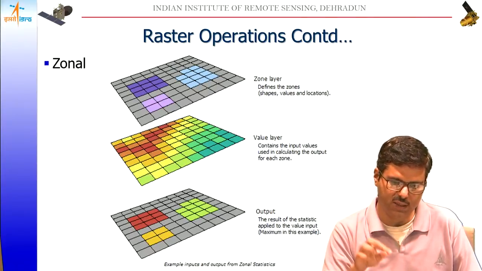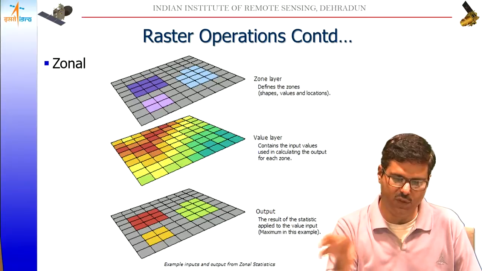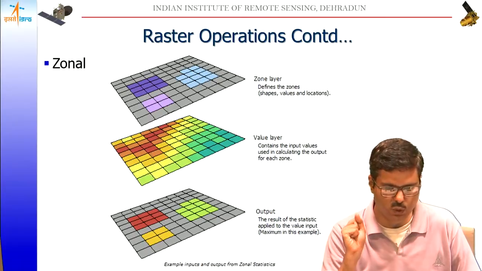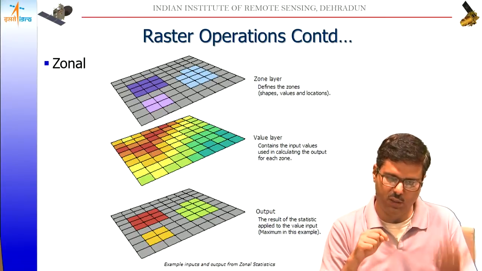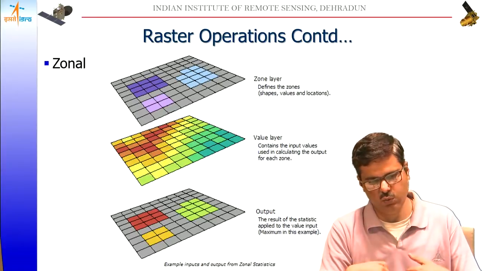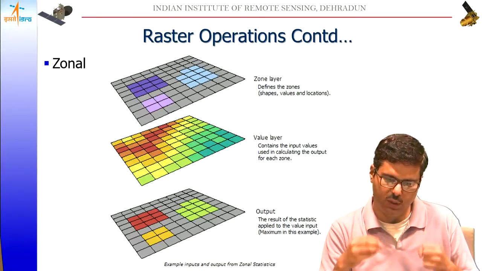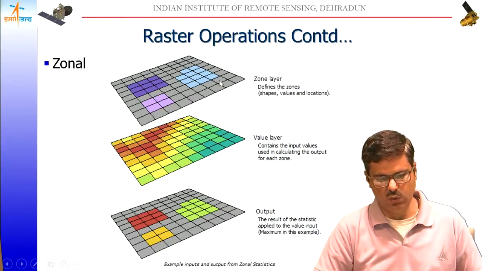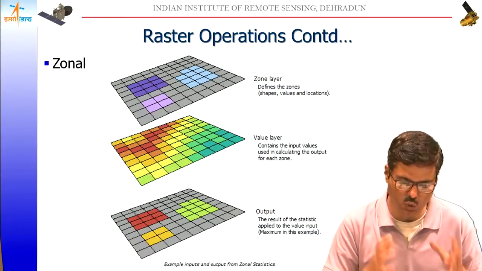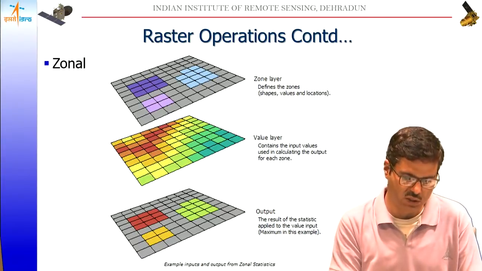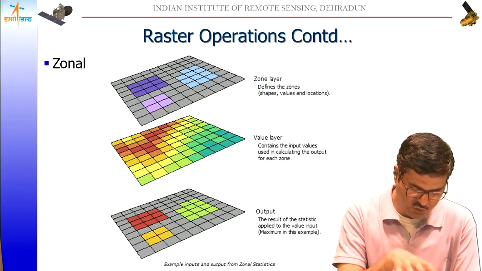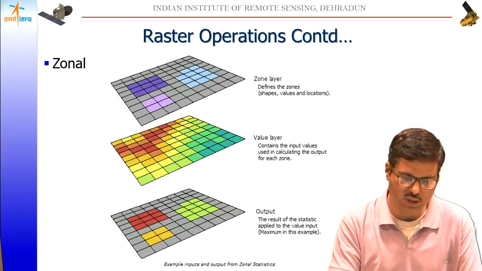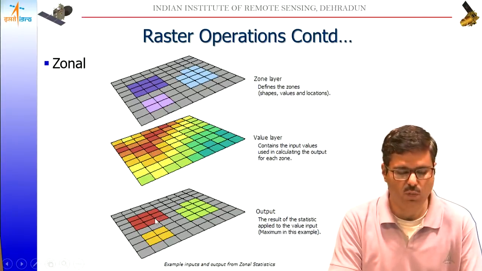So if you want to find out the statistics with reference to various zones, then we can use this zonal statistics kind of operator, which takes two input layers. It takes a zone layer and an input value layer, and gives an output with the operations we perform on those zones only. The rest are all ignored. So one is the zone region defining the shape and locations that we are considering, and the other is the input layer from which the statistics will be computed. The output is again given in the form of a zone.